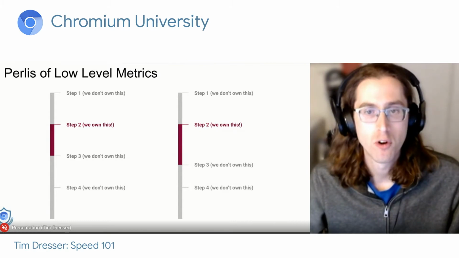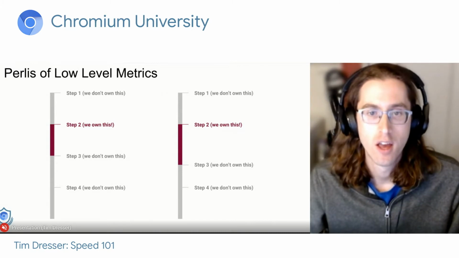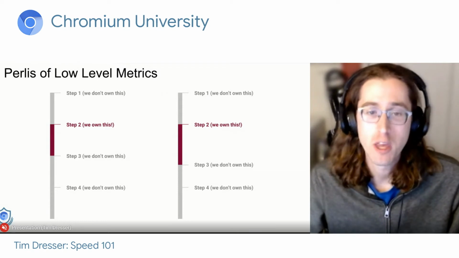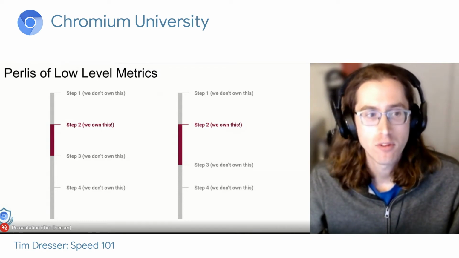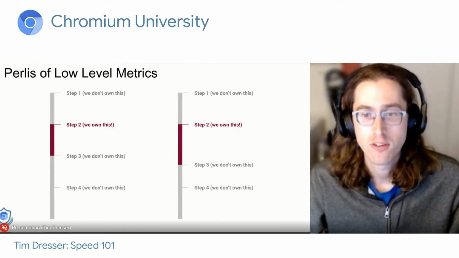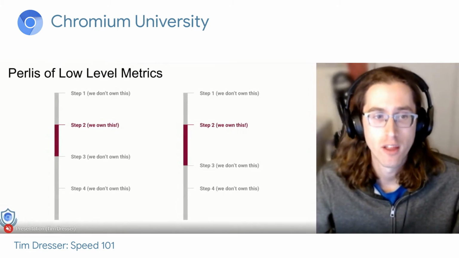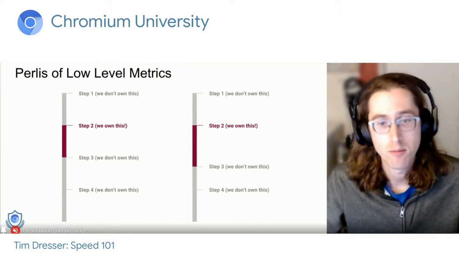It's very tempting to focus on the details of the part of the system you're trying to optimize, but this can be risky. Suppose the 4 steps on this slide represent some process we care about. Maybe it's loading a page or responding to user input. If my team owns step 2, it's tempting for us to look only at the duration of step 2 when trying to detect regressions or quantify the impact of changes we make. If we only measure our part of the process, it looks like the state of the world on the right-hand side is a regression from the state of the world on the left, when in practice, we've actually just shuffled some work from step 3 into step 2.